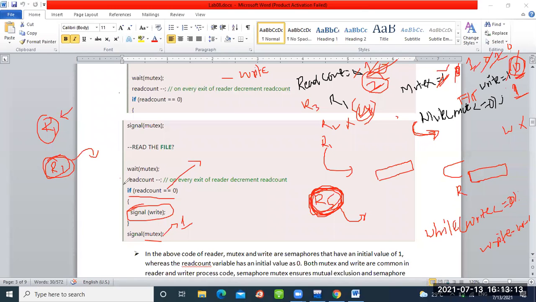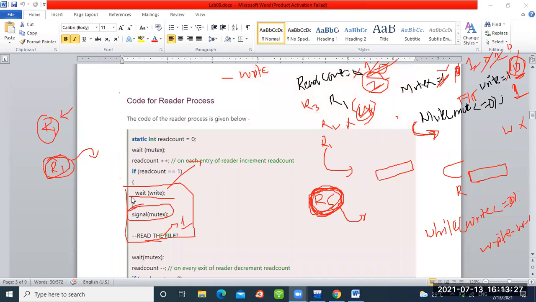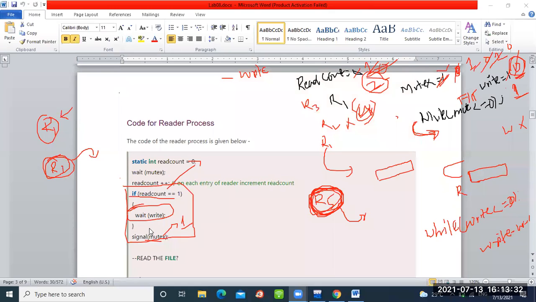This part of the code is very important because it allows other writers to enter the system. Similarly, this part of the code is also important because it ensures that other writers are not allowed. Fine, I hope the code for the reader and writer is clear. Yes, now if it is clear,